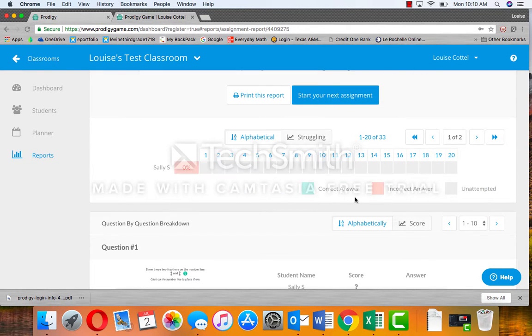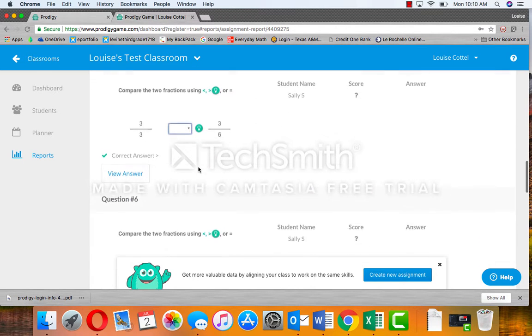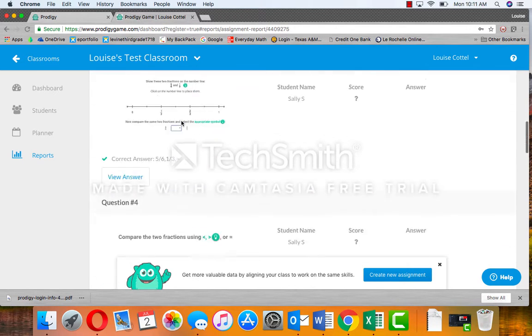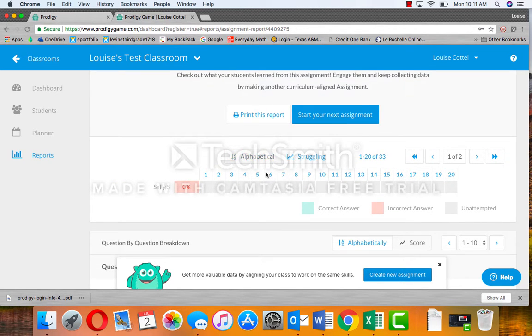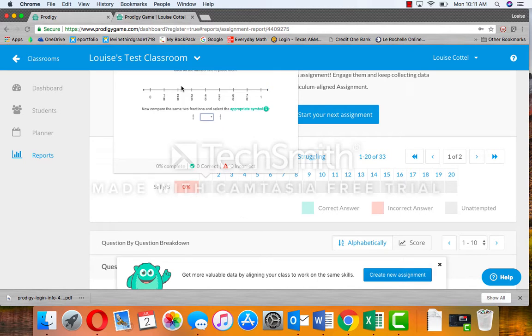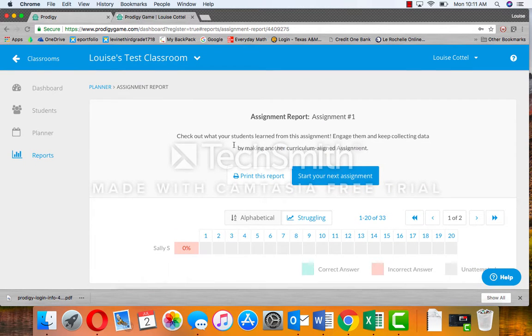And you can also see who got correct answers and who got incorrect. You can go down and see which questions in general most of the kids were struggling on in your class. You can actually sort it by struggling questions. Very useful information, and it's really easy to target specific skills, especially overall, like at the beginning of the year, if you take just an assessment to see what they retained and what their weak spots are, and you say,